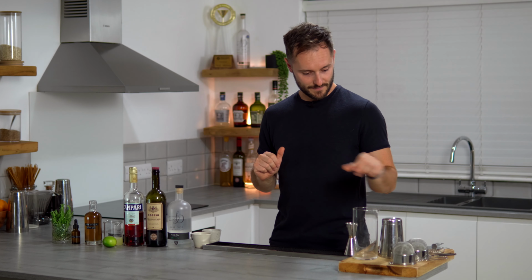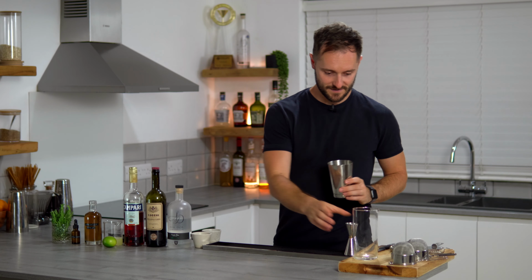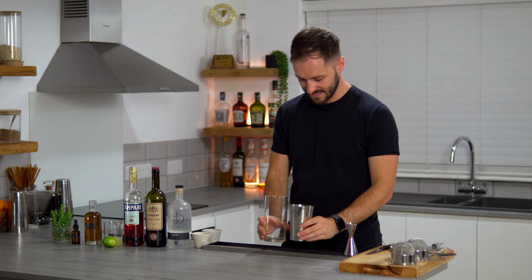Alright, so what are we doing today? Essentially we're making two espresso Negronis, which pretty much are a mashup of an espresso martini with the flavours of a Negroni, and we're going to be delivering them in two different ways. Same specs, very, very different textures. So I'm going to be building one in a shaking tin and the other one in a mixing glass, and